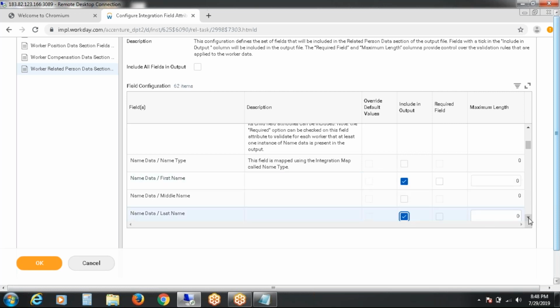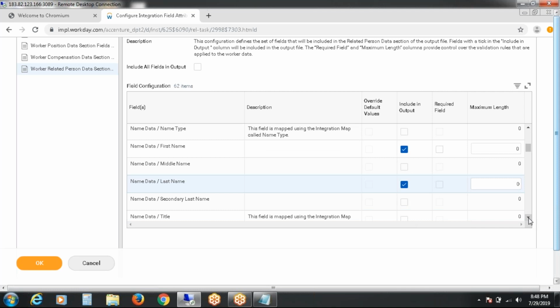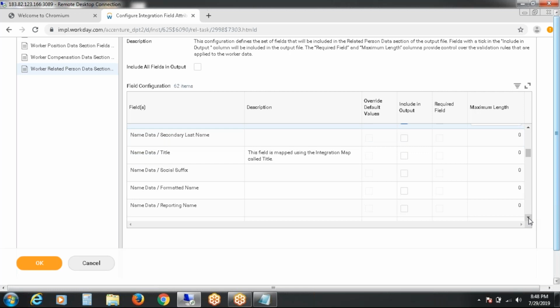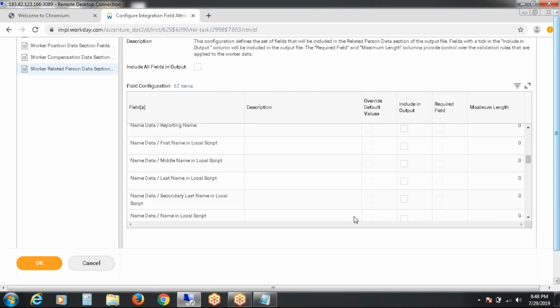See, it is not depending on the primary business object or related business object. It is depending on the integration services. The integration services consist of fields which are not depending on the business object. Of course, these fields are holding the business objects only, but they are not coming out on the basis of a business object. You don't need to call any data source or any business object here. You are just calling the integration services, and in that you are selecting some group of fields which don't care about the business object. I have selected some 10 to 12 fields. Okay, and say okay.